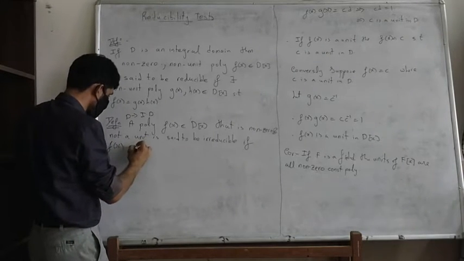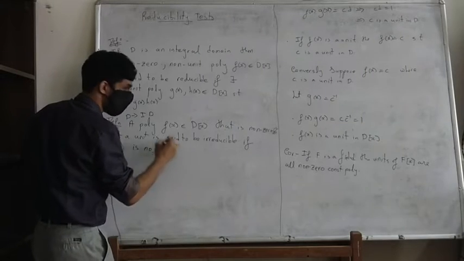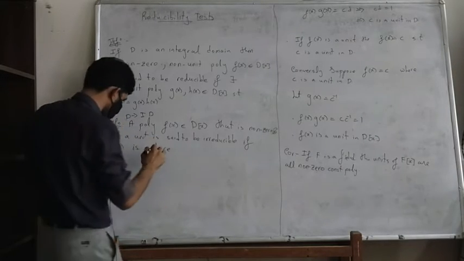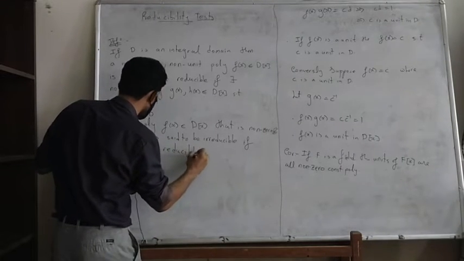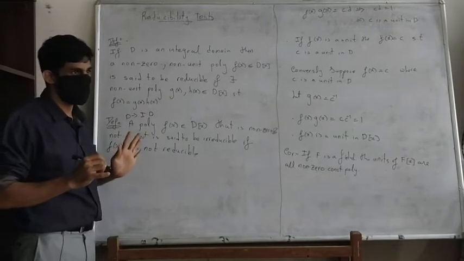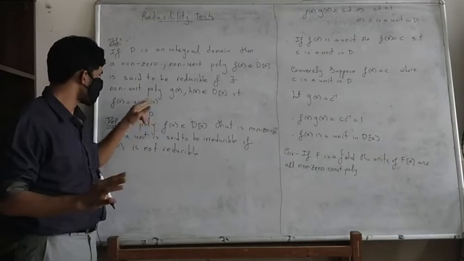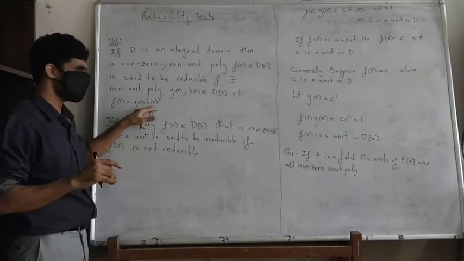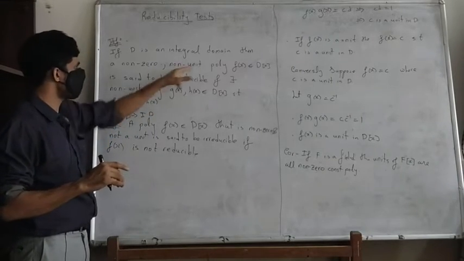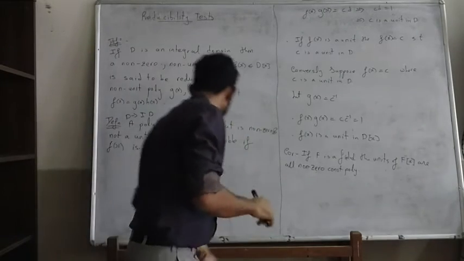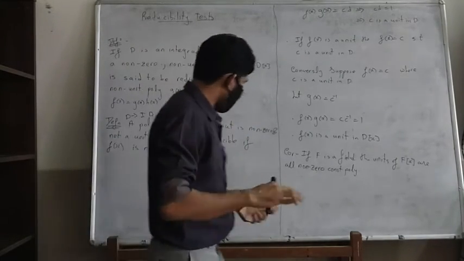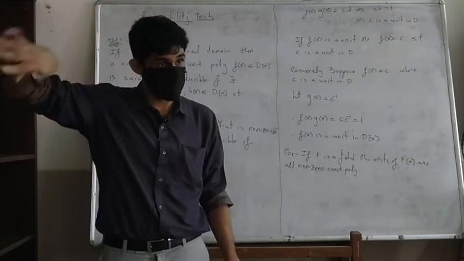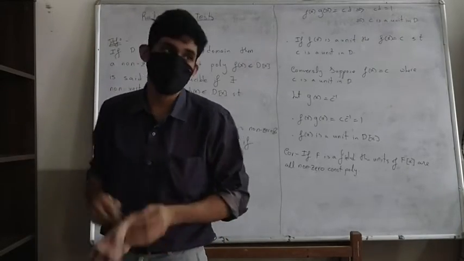So if f of x is not reducible, so I cannot break it down in this manner into a product of non-units. Okay, not reducible. You can see here that I have not mentioned that g and h are non-zero, because g and h cannot be 0. That's quite obvious. If either g or h is 0, then f would be 0, but f is given to be non-zero. So I don't need to specify that. Irreducibles and reducibles are only defined on non-zero non-unit elements. When you want to talk about irreducibles, they are only spoken about in that context.